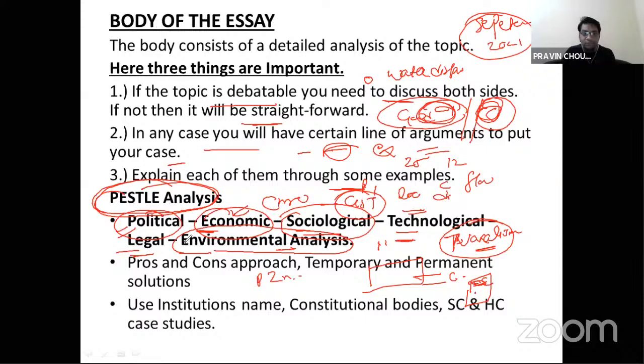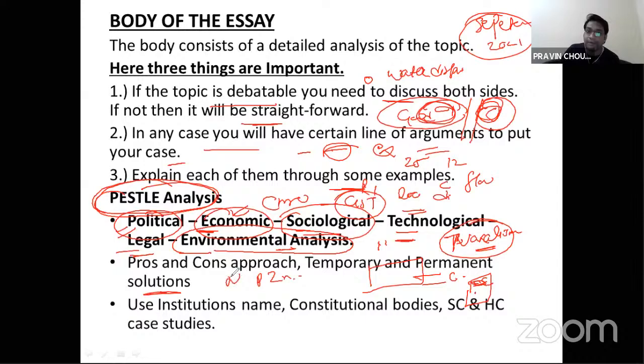Okay, so this is how you can use a PESTLE analysis to write an essay. Pros and cons approach, that is a positive and negative process. Temporary and permanent solutions क्या होना चाहिए, आप solutions के बारे में बात करो. Solutions क्या होना चाहिए government के पास. Suppose means providing awareness to all district, all the village people is a